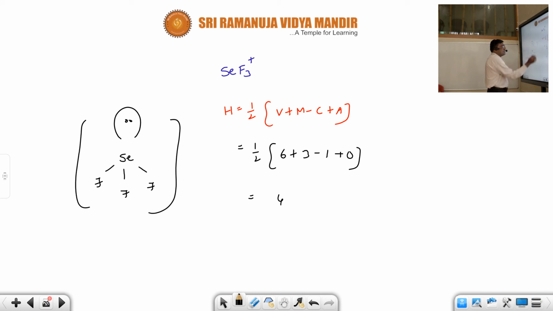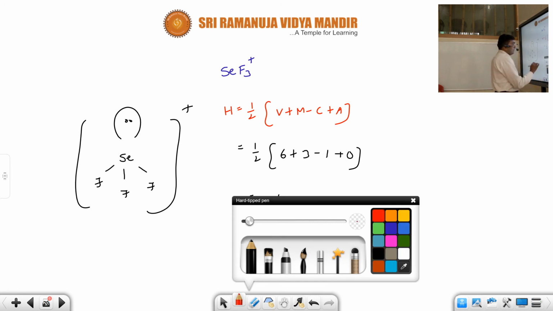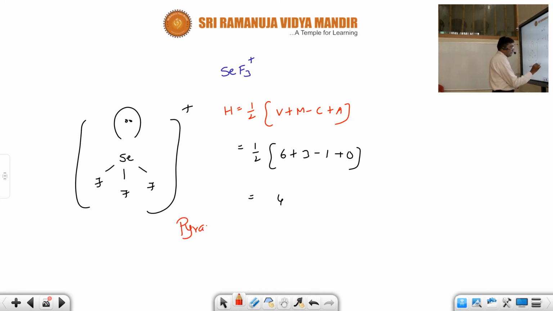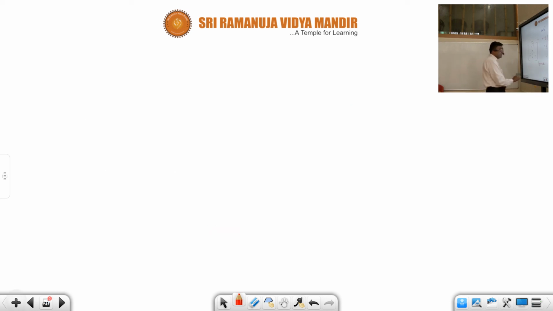This is plus, because out of 4 electron pairs, 3 bond pairs are there and 1 lone pair is there. What geometry is it? It is pyramidal geometry. Next, one more thing, let us take here